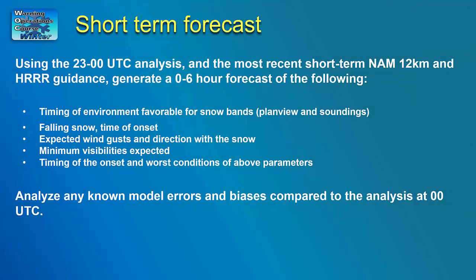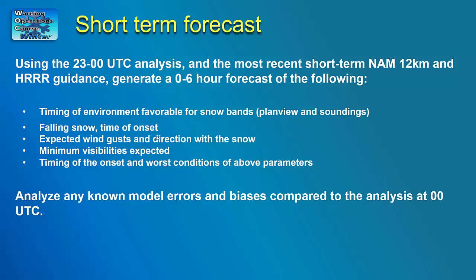Okay, let's go into short-term forecast mode. We'll start off with the 23 to 0Z analysis that we covered, and then take a look at the most recent short-term NAM 12 kilometer and HER guidance to generate a 0 to 6 hour forecast of the following. One is we'll just look at the environmental conditions favorable for snow bands, both in plan view and sounding mode. Then look at when we expect the onset of falling snow, and then the expected wind gusts and direction with